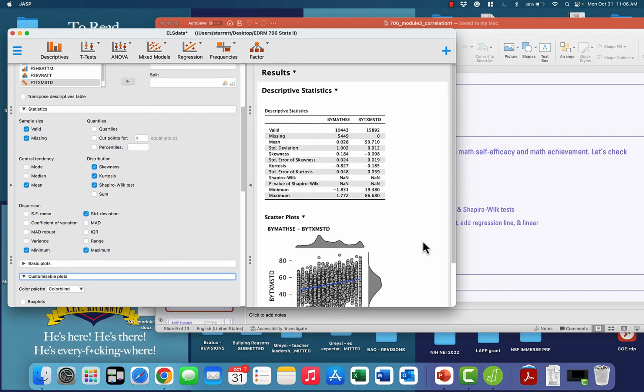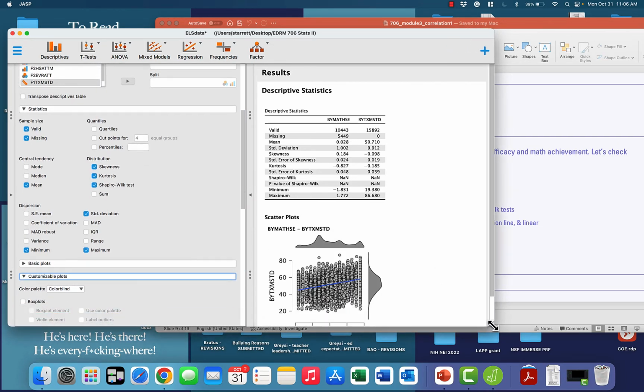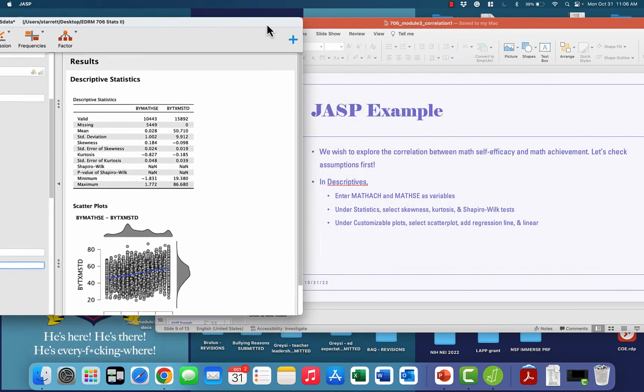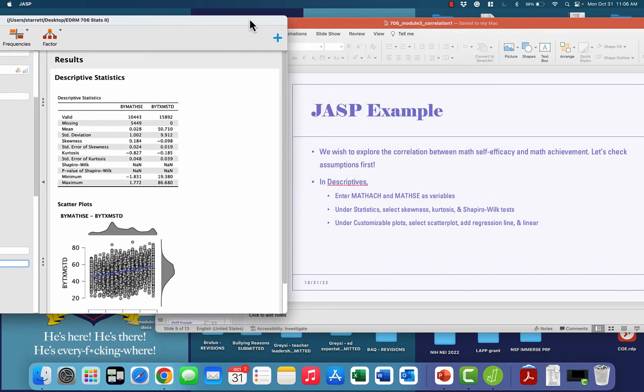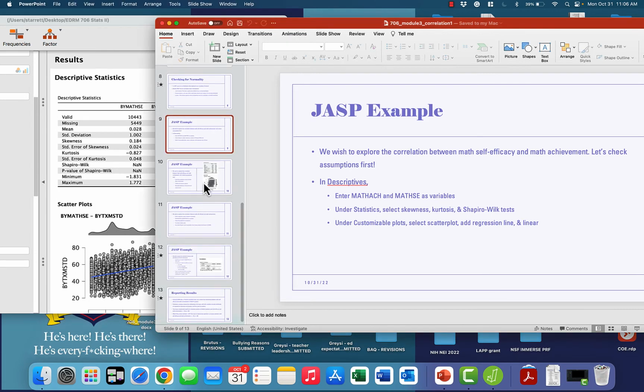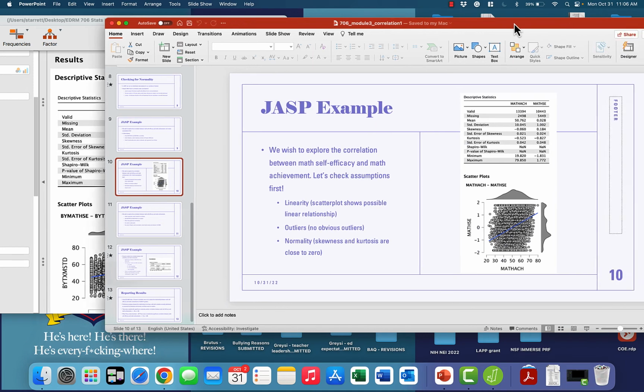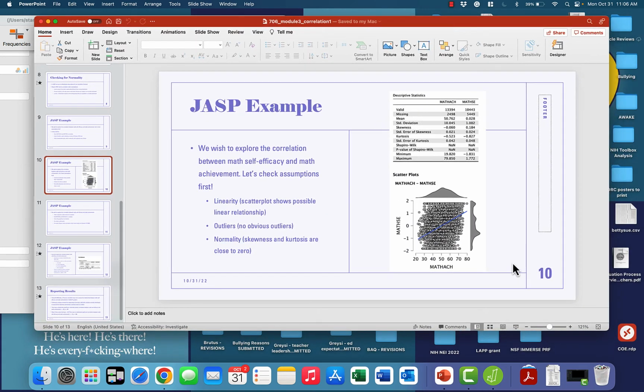All right, and there we go. It takes just a minute because this is such a large data set. Okay, so here we have our descriptive statistics and we have our scatter plot. I can go back to PowerPoint where I've put the image. And so first we can look at the scatter plot and this blue line of best fit,